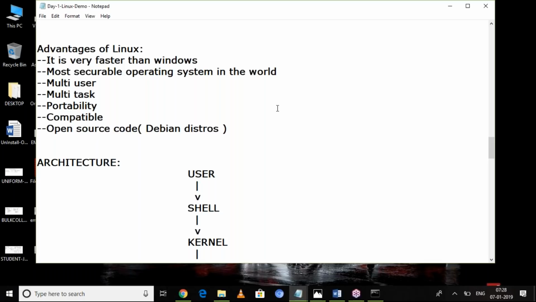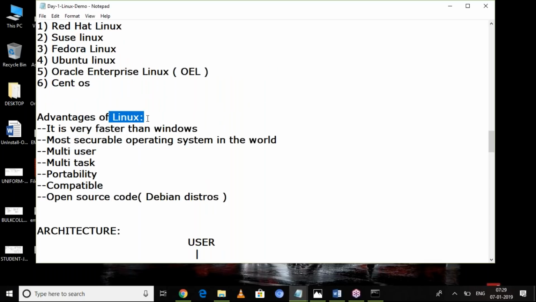Now see, what are the advantages of Linux? Linux is much faster than Windows. And in the world, the most secure operating system is Linux. That's why many people say Linux is virus free.